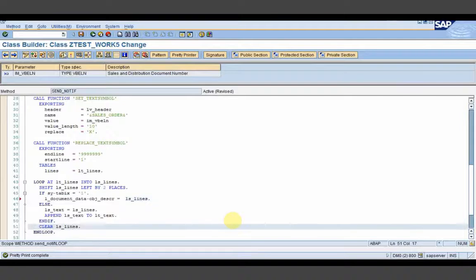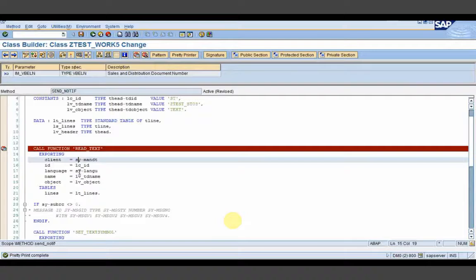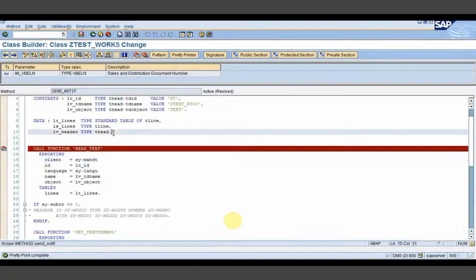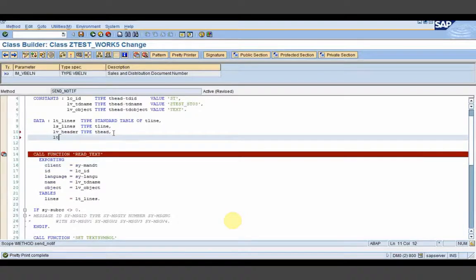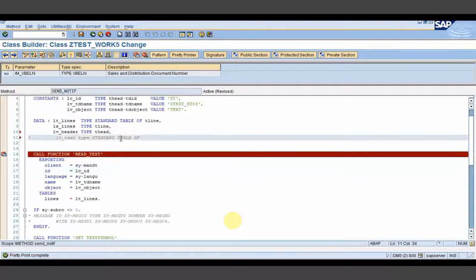Now I will have to declare a few things. Let me see what the type is. I think SOLIST1.